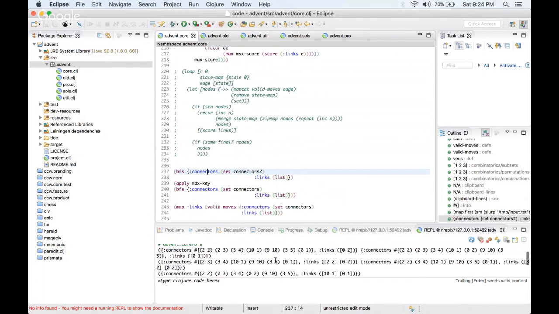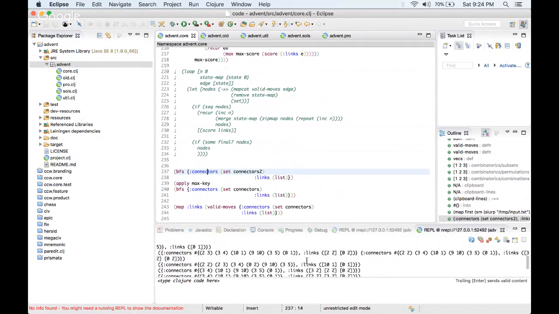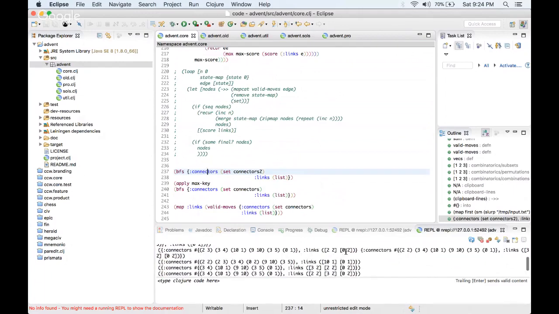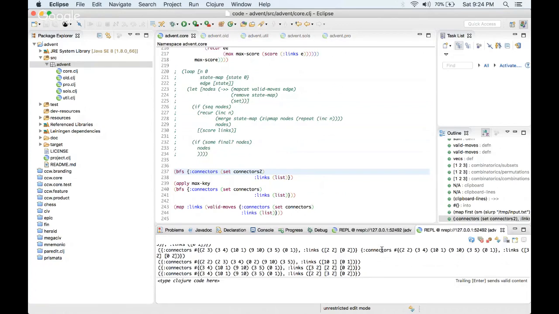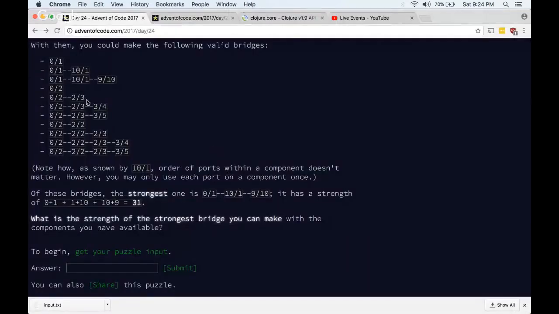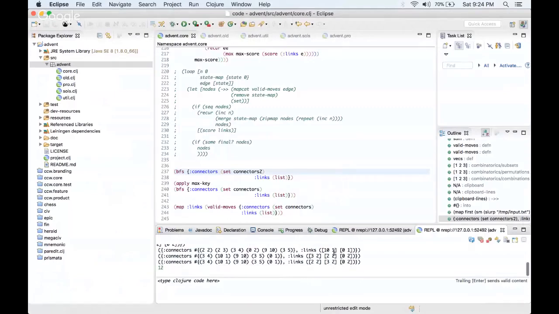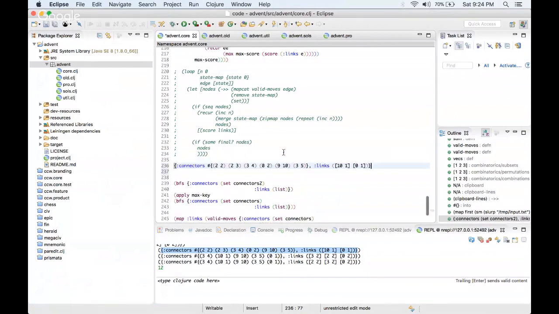All right, so it found this one, 0 to 0 to 1, then this one, and then it seems to be saying that when you're in this state here, that there are no valid moves. That doesn't seem correct. Valid moves in,